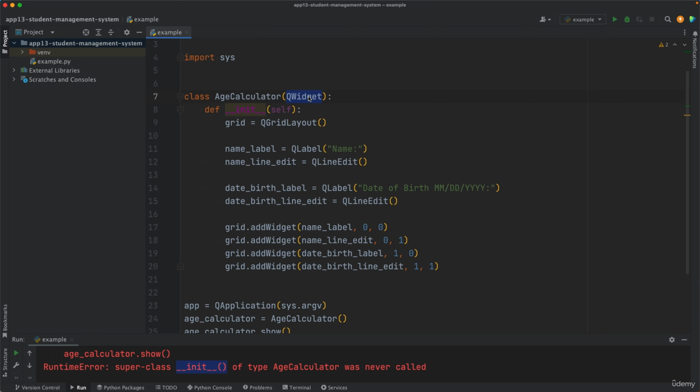So QWidget has its own init method, right? And that init method has their own code inside which needs to be run for this QWidget to be actually constructed. But in our case, since we have overwritten that init method of the parent class, that means this method, our method, is called and not the method of the parent, right? So we need to figure out a way which calls both the parent's init method and the child